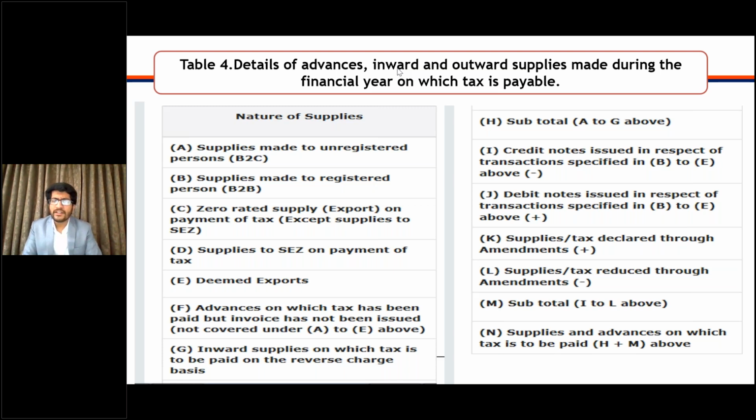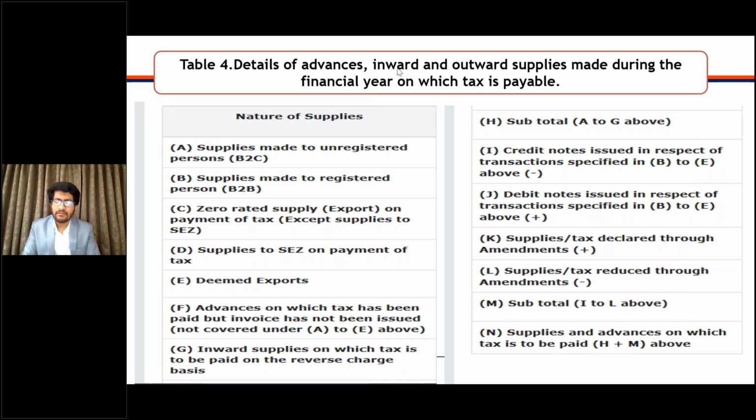Data auto-populated in annual return is from GSTR 1. But as we discussed in our previous video, we are going to take base of audited financial statements. Hence, whatever data is auto-populated, we should ignore the same and we should do our own working, and data to be reported should be as per our working.